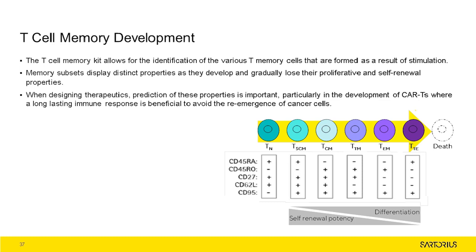The long-term success of IO therapy, such as adoptive transfer of T cells, is ultimately dependent on the ability to produce highly differentiated memory T cell subsets, which will persist and thus be able to generate a response to any re-emerging cancer cells. Being able to know whether this will happen in vitro is an important tool to have in order to predict what is likely to happen in patients.